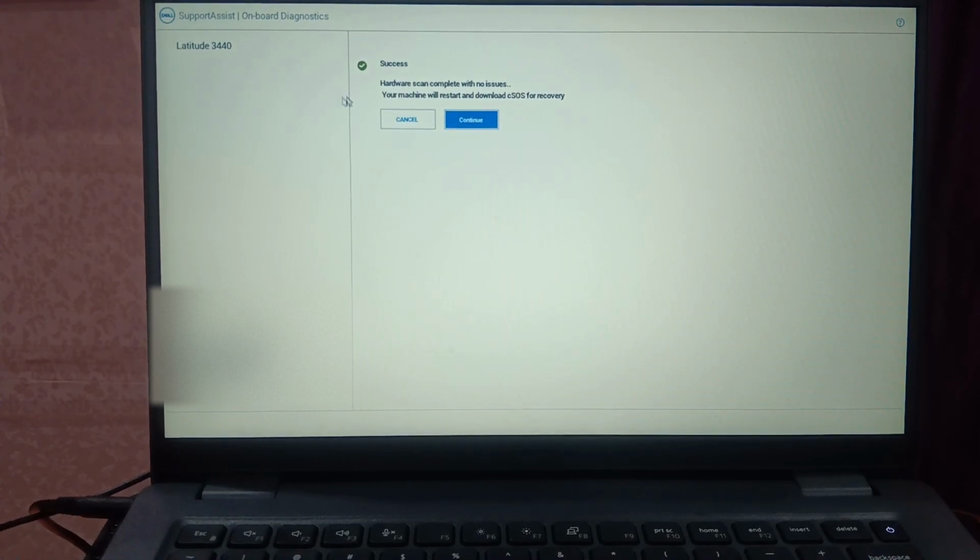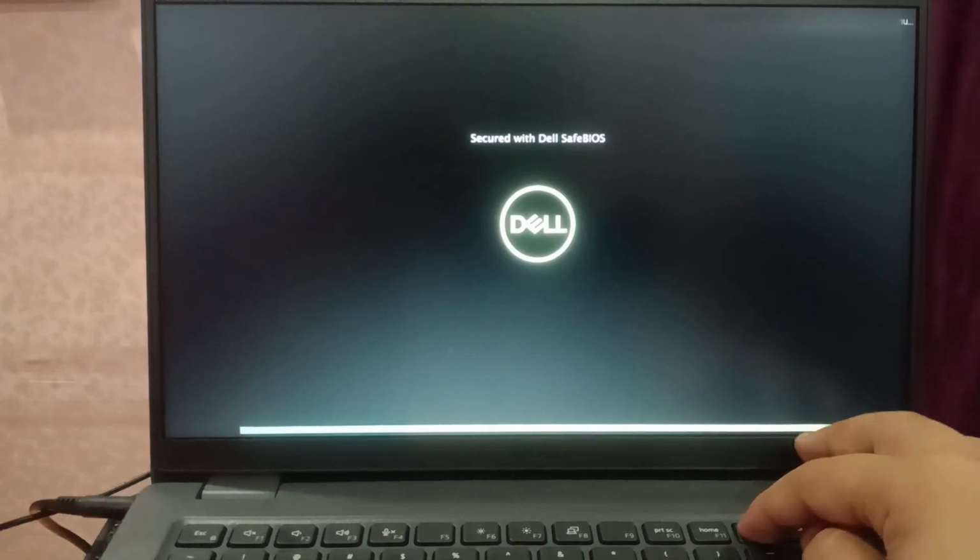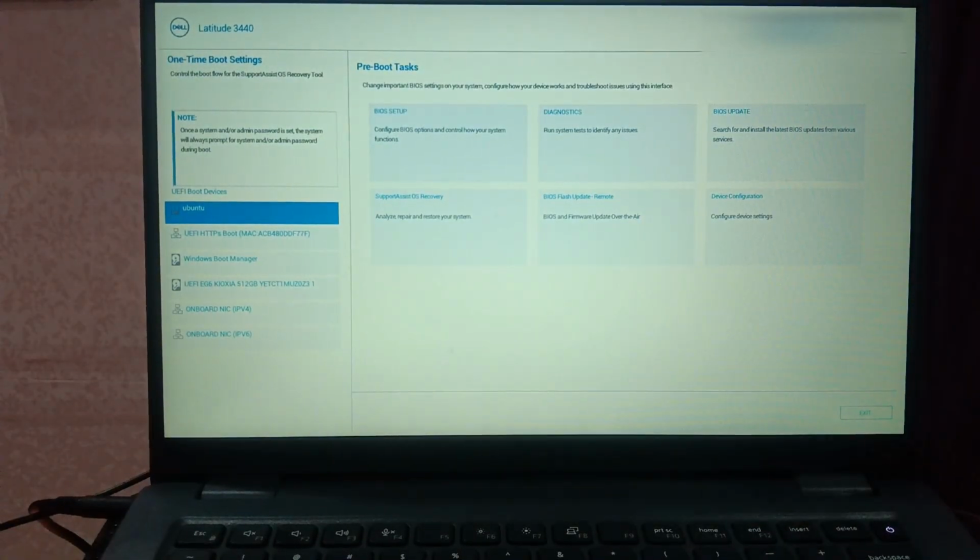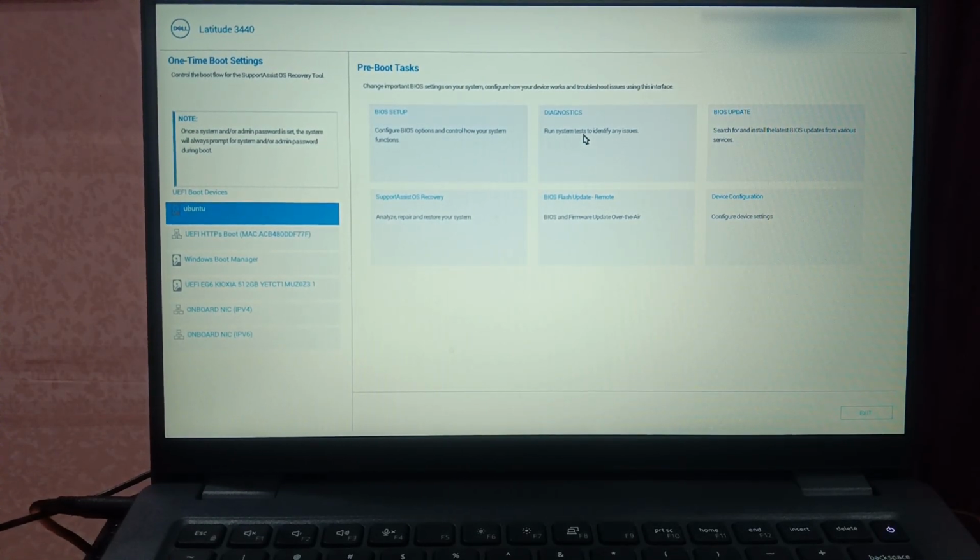You can see here your machine will restart and download recovery. Hardware scan is complete with no issues. So I need to cancel this and I will press F12 key again. And first step you need to perform here the diagnostic. Just perform this step